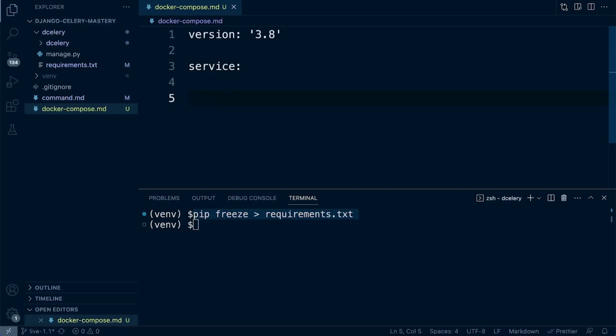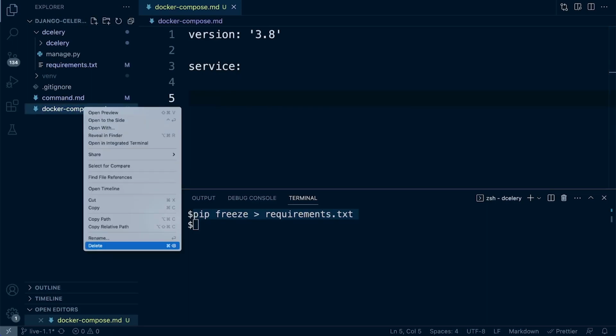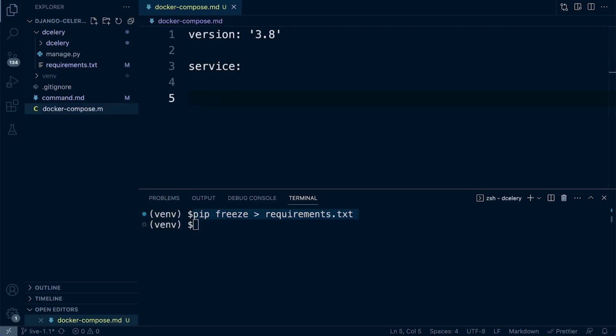I'm not entirely sure why I called it MD. Apologies, I was thinking about something else at the time. It's going to be a YAML file. Notice that the Docker icon appears on the left-hand side of it to indicate that it is a Docker Compose file. We need to be careful here because we need to make sure that we're providing the correct